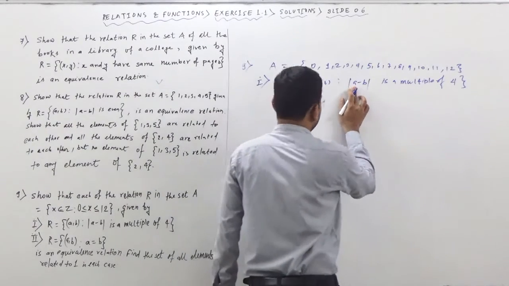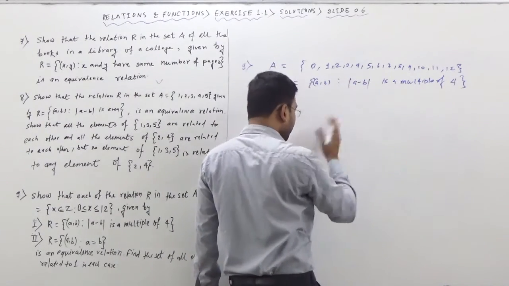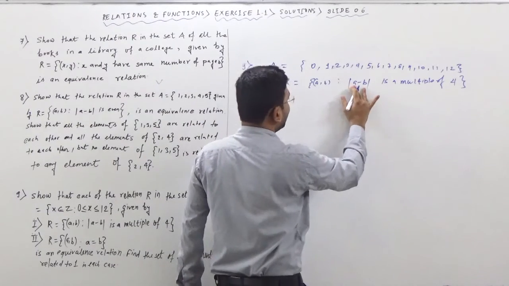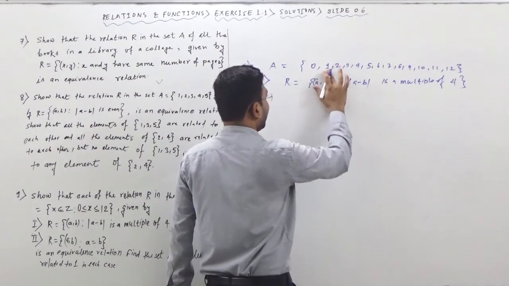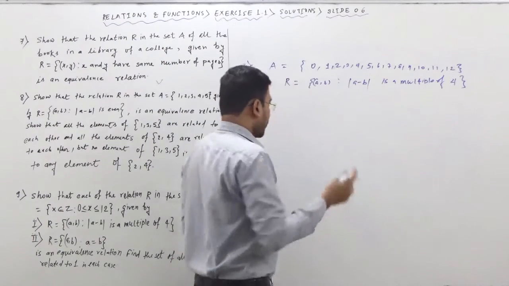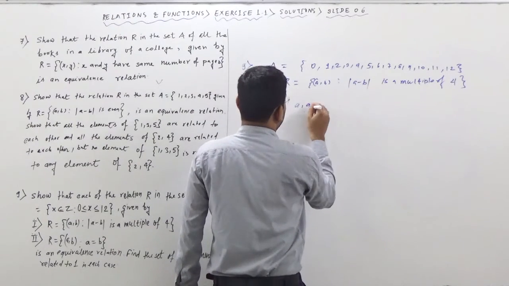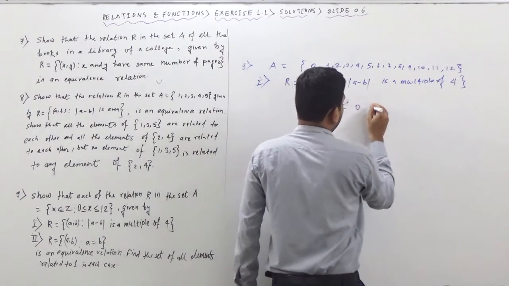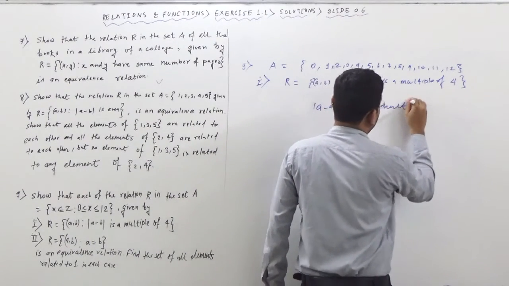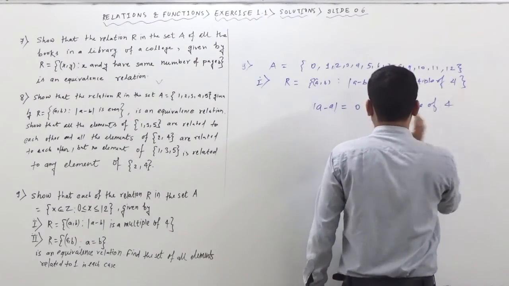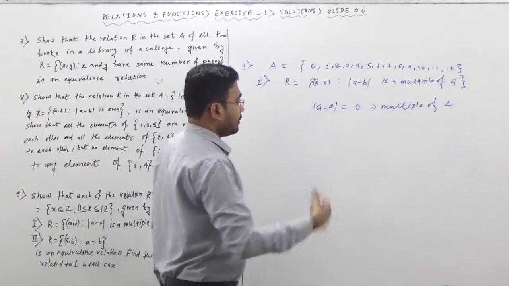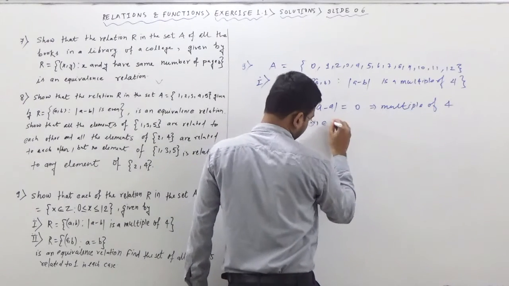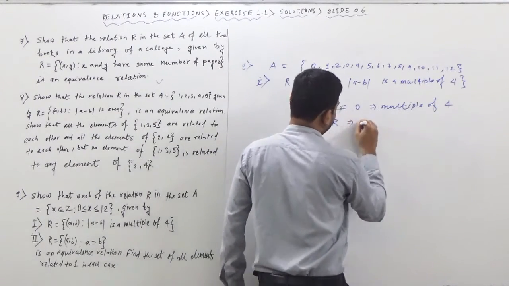If you are taking A as 0, you have to take B as 4. Even you can take 0, 0, A and B both as 0. You can take 1, 1, A and B as 1, 1. So here we can say (A, A). If you are taking (A, A), means A minus A, that is going to be what? 0, which is a multiple of 4. Yes or no? Because 0 is a multiple of any number, so 0 is a multiple of 4. Yes, of course. So here (A, A) will belong to this particular R, therefore this is a reflexive relation.